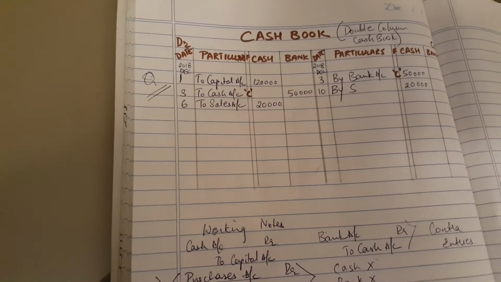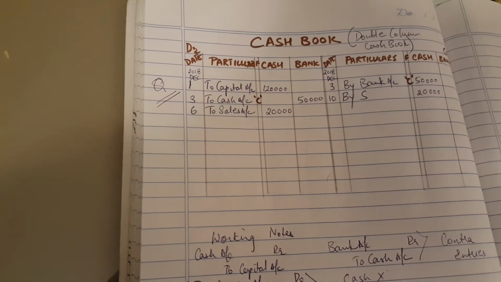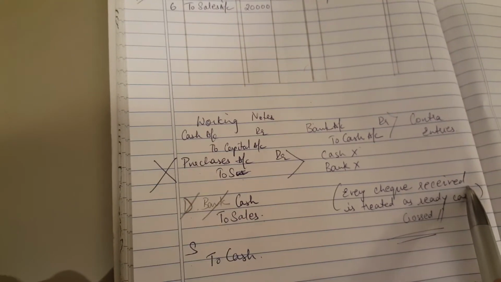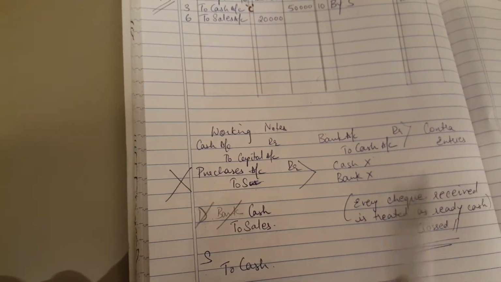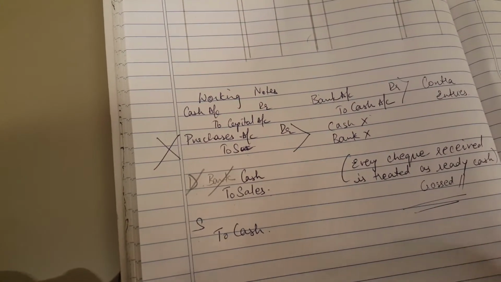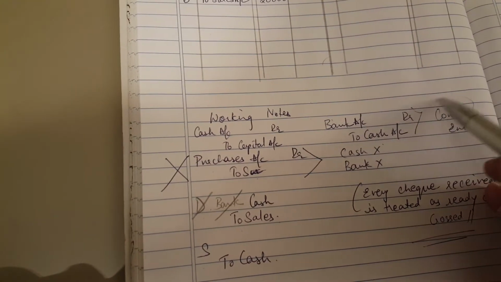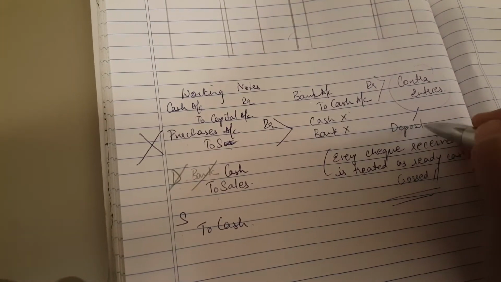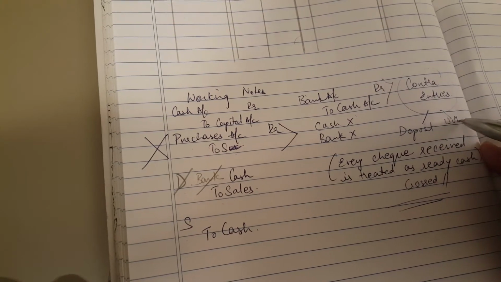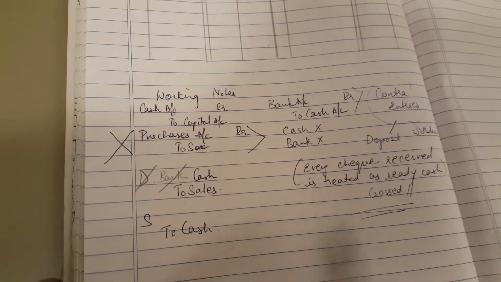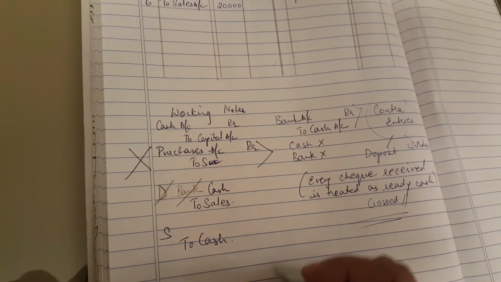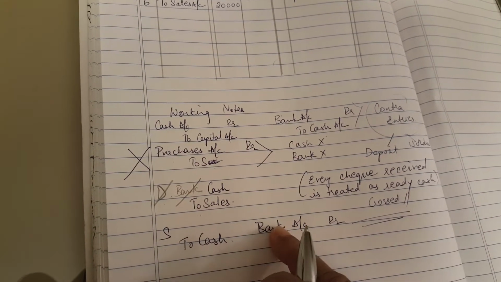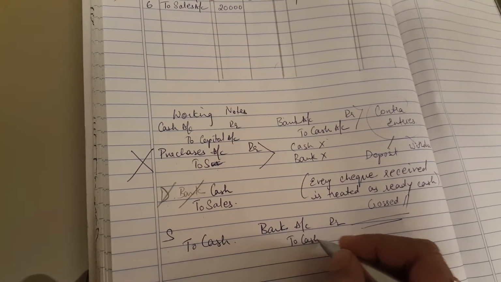Next it says on the 14th, the check received on 6th. See here I told you check received is treated as ready cash. So the check received on 6th has been deposited into the bank. The moment the word deposit into the bank comes, we have a contra entry. Either it will be because of a deposit or it will be because of a withdrawal. So here you say the check has been deposited into the bank. So the entry will be bank account debited because bank is the receiver and cash is going out.